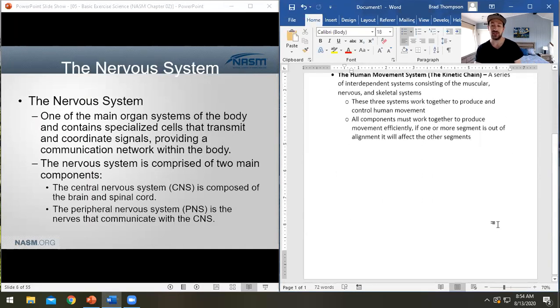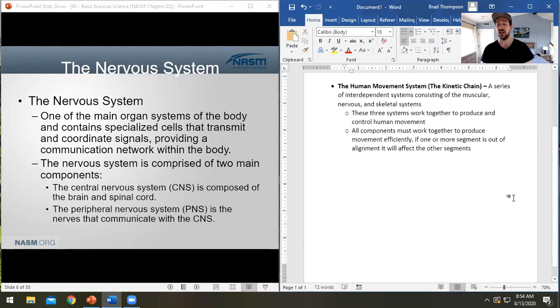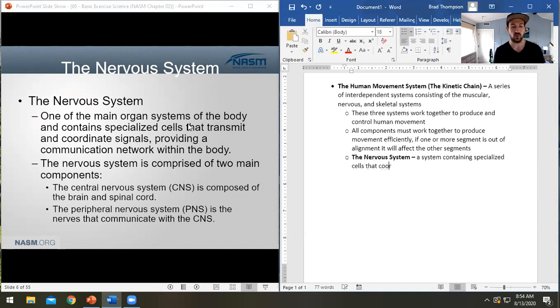So let's quickly go through each of our systems again. We're going to start with the nervous system today. It's going to go in a slightly different order than how we did it before, but the nervous system, right? Again, this is going to be one of our main organ systems, and it is a system containing specialized cells that coordinate signals, and this is the important part here, provide a communication network